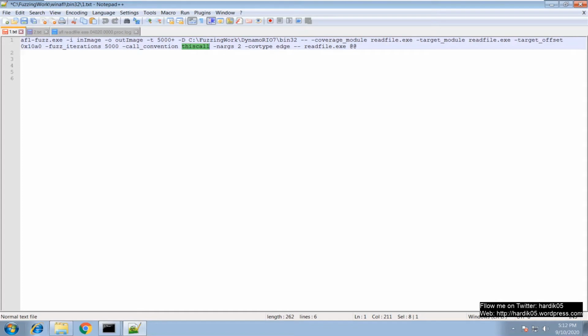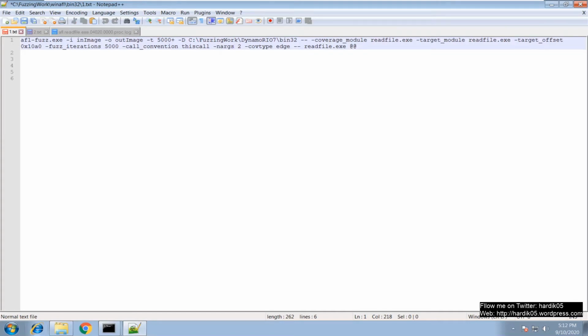If you are fuzzing on a 32-bit system, I recommend that you use thiscall, but that may not be the case all the time. You might need to change it. I do some analysis and you can easily figure that out. After that you can see nargs, which is the number of arguments your function takes, that will be 2.